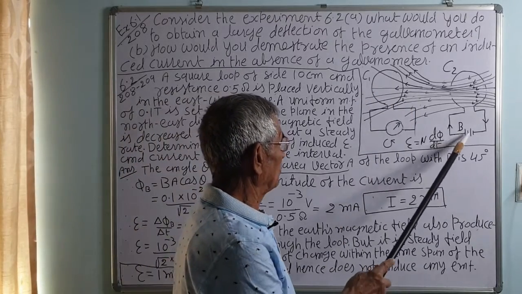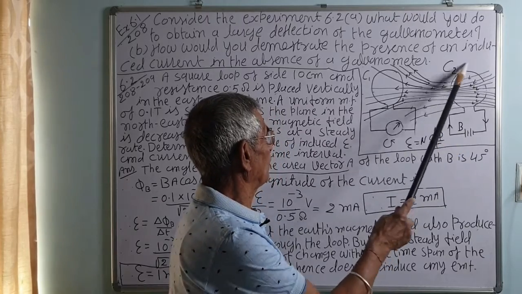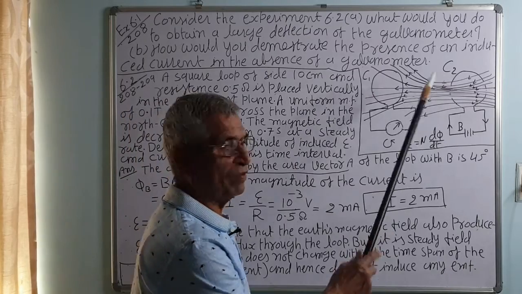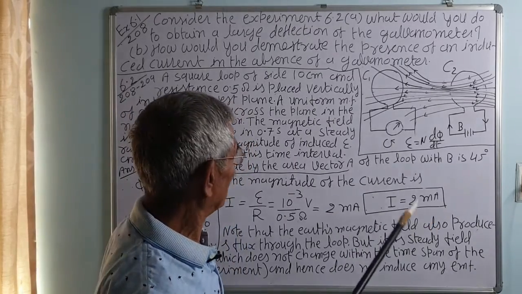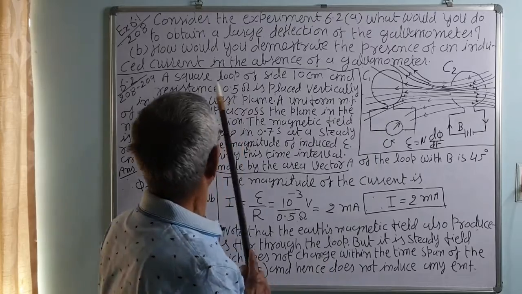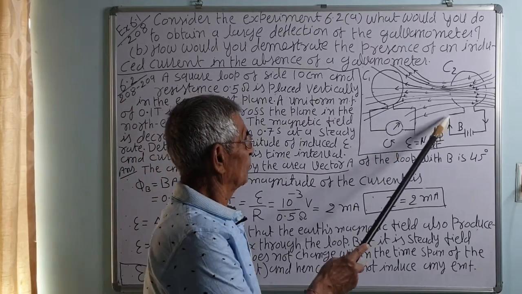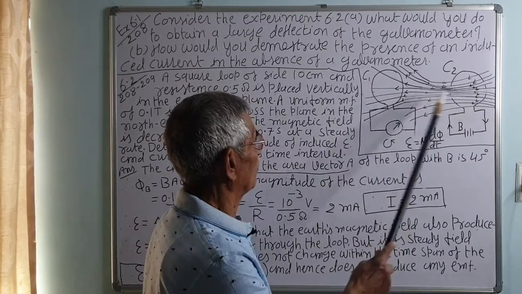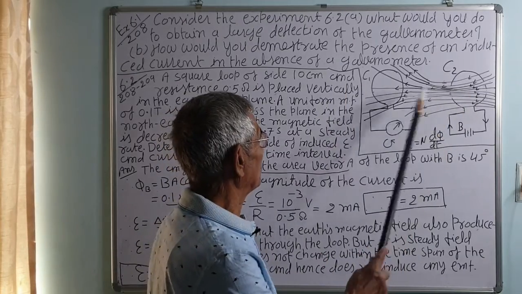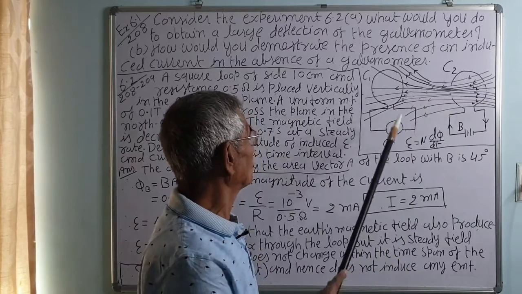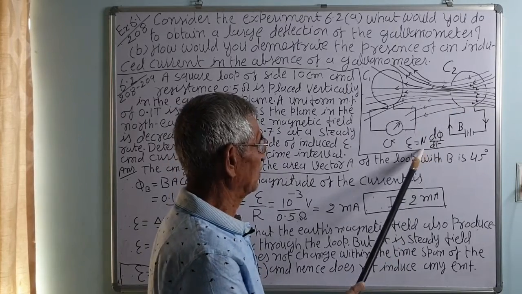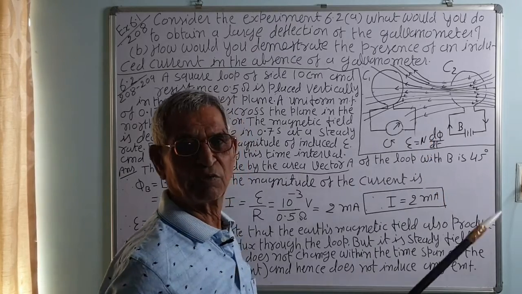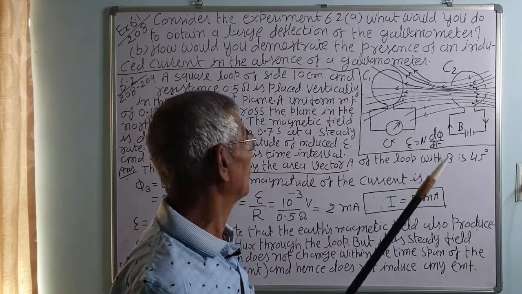Second, if you use a more powerful battery, more current will flow and that will increase the magnetic field given by the solenoid, that is mu 0 N I, we know. The third, if you want to increase current, move the C2 coil speedily. If you move with more speed, the rate of change will be more, that is dt will decrease for the same change of flux, so that ratio d phi by dt will be more. So, again induced EMF and current will be more.